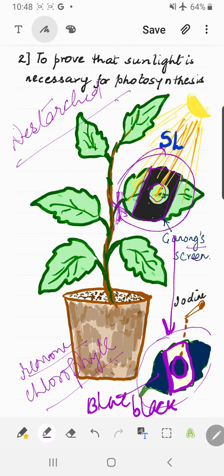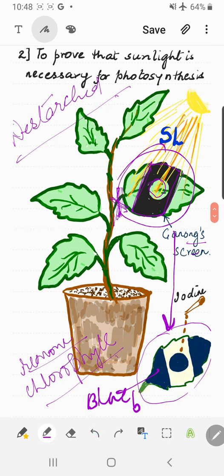But in the center, just see the places where that screen was present, the black screen. Inside, in the center, there was a hole, so light was falling directly on this area. Light was also falling directly on the anterior and posterior areas of the leaf, but the area which is appearing white here, please see that only that area was devoid of light. That means the area below this strip did not photosynthesize because light did not fall on it completely. Therefore, it failed to produce starch as a result of photosynthesis.